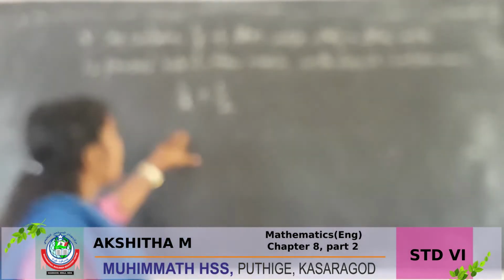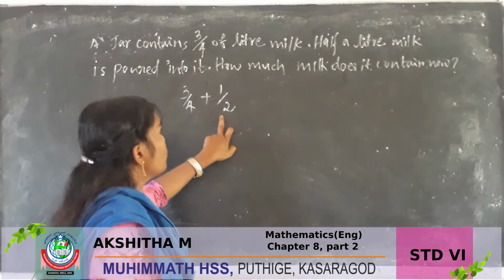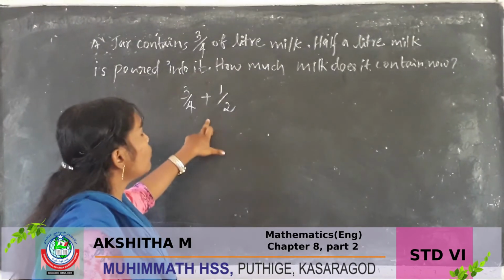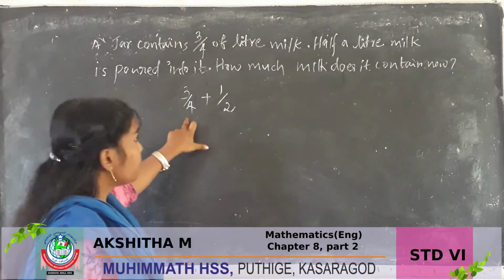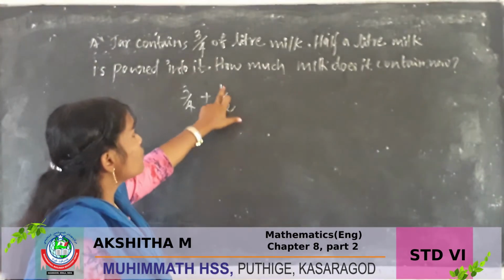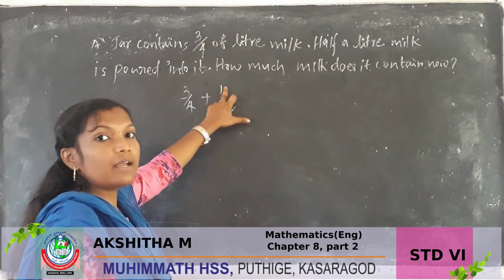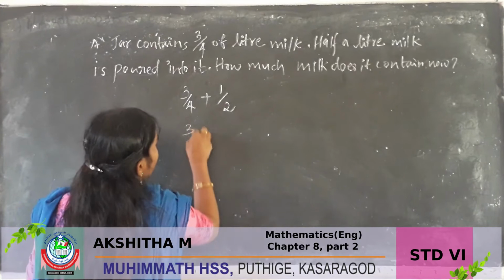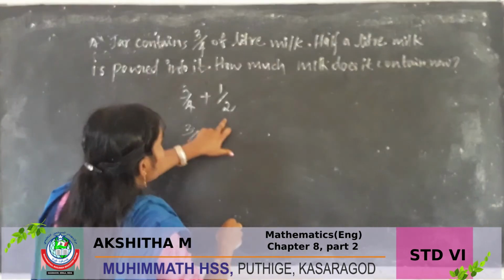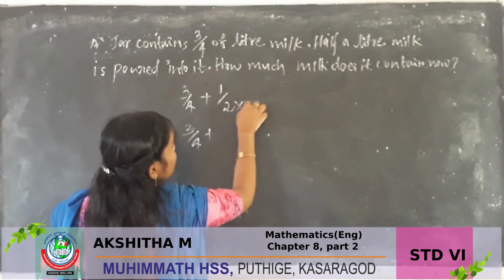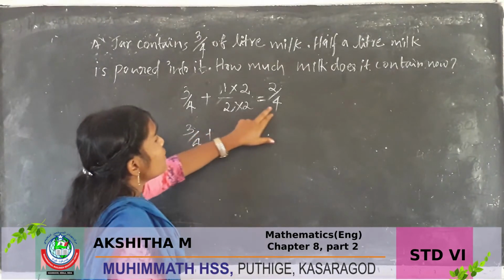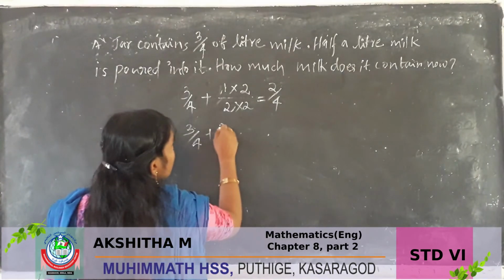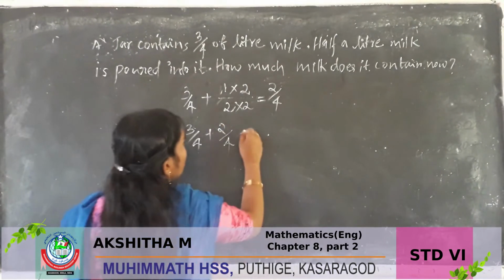So when we add half a liter of milk, how much milk does it contain now? We have to find 3/4 plus 1/2. Here you can see different denominators. So we have to make the denominator same. 2 into 2 is 4. So again here also we have to multiply by the same number. 3/4 we can write like this. 1/2 we can write as 2 into 2 is 4, 1 into 2 is 2. So 3/4 plus 2/4 is equal to